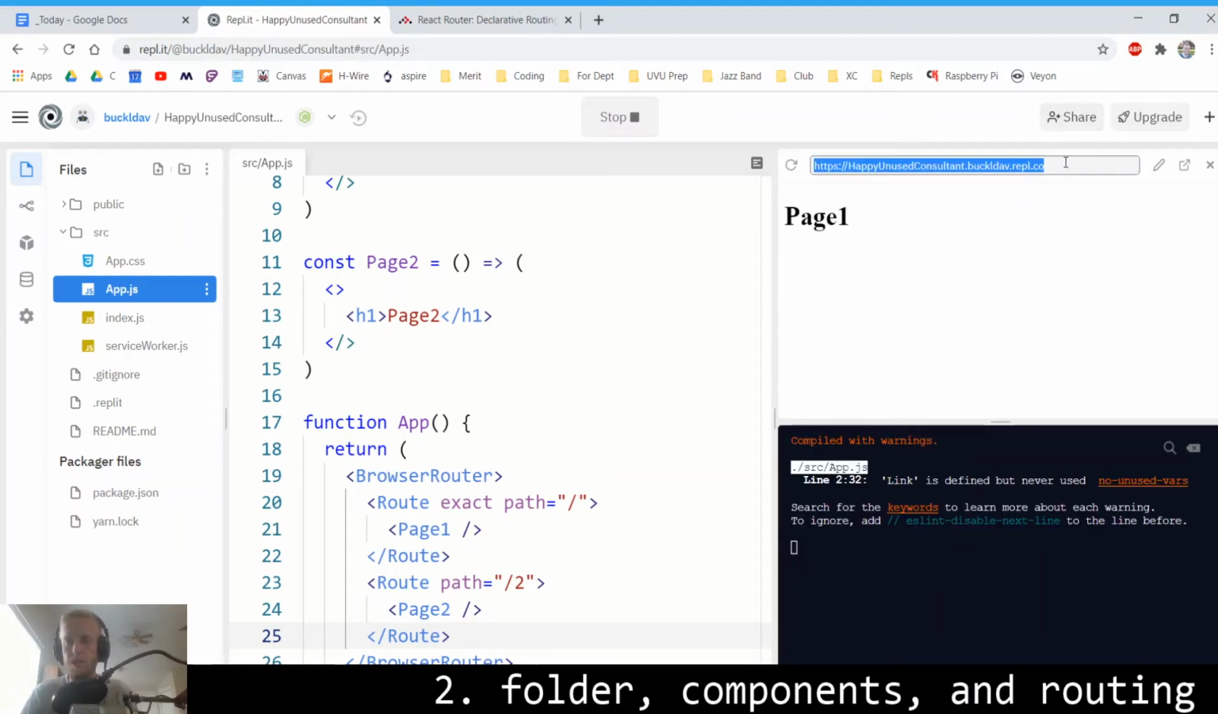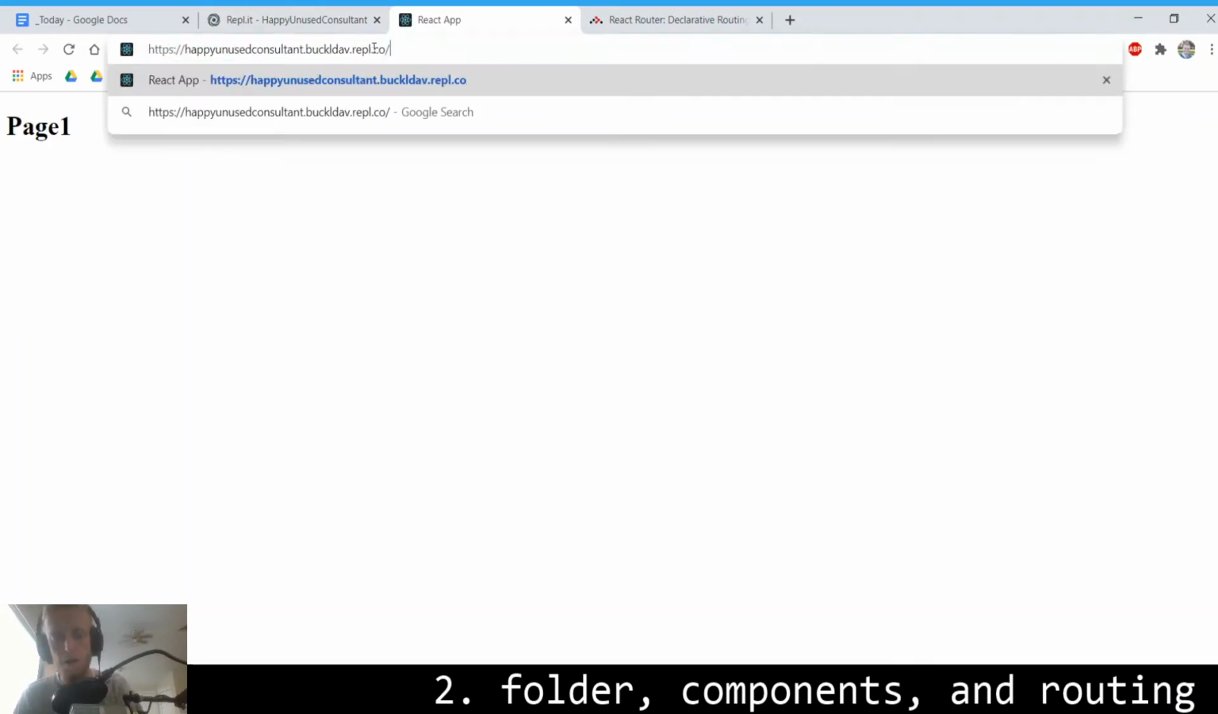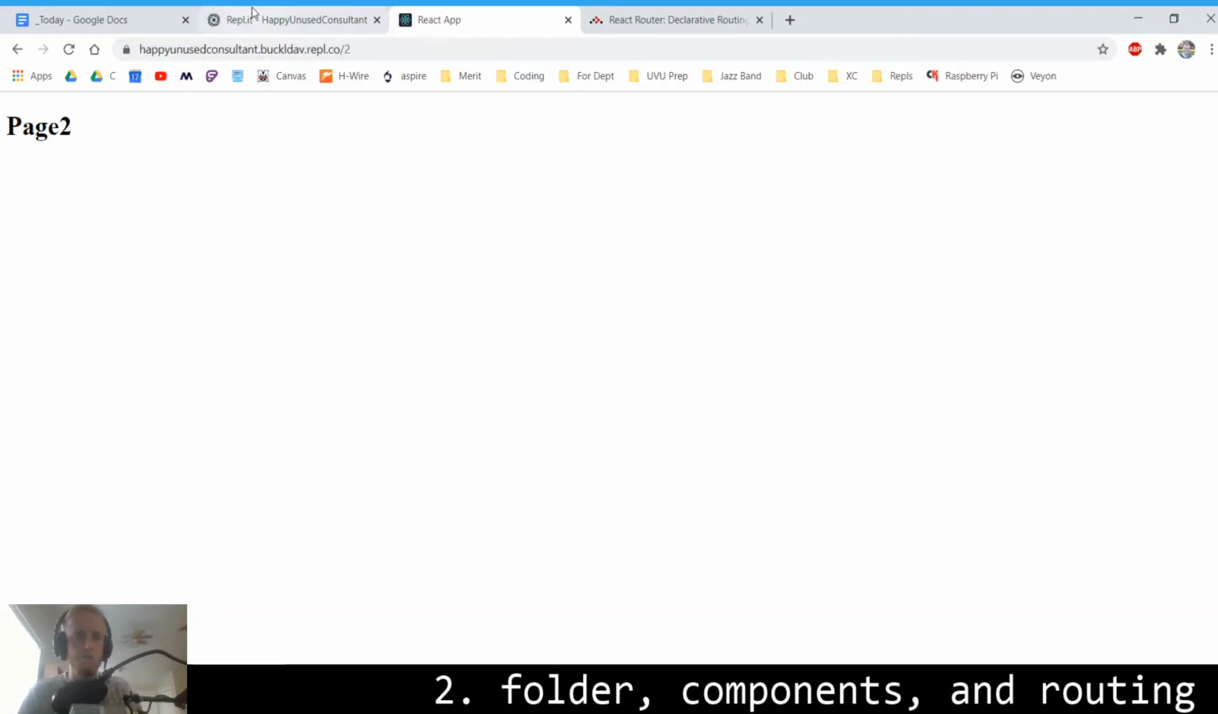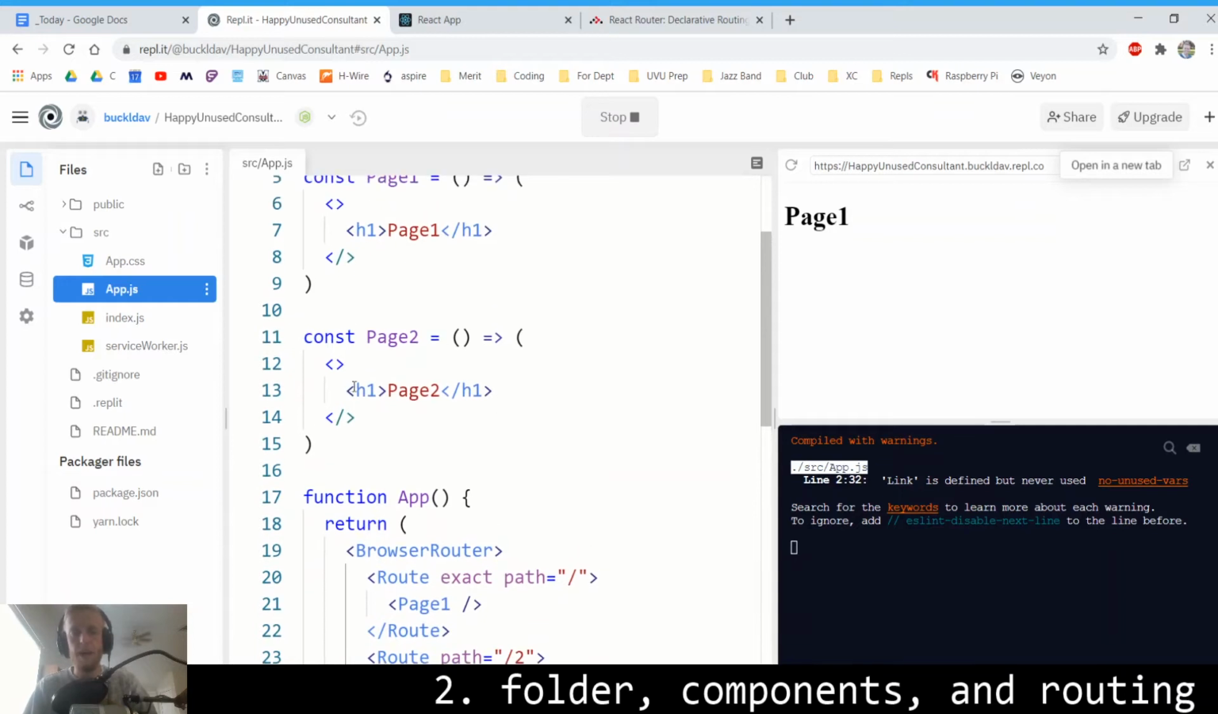Okay, so if I type that in the little URL here, I'll have to open it in a new tab to do that. See that we load page 2. Sweet. So we're going to need to add a navigation so we can go back and forth from page 1